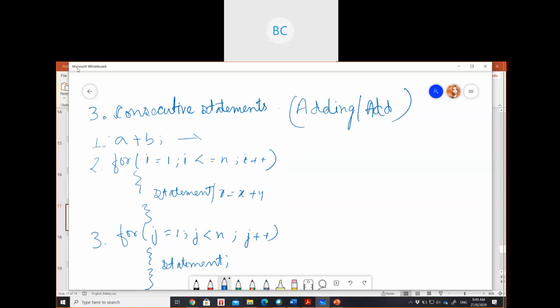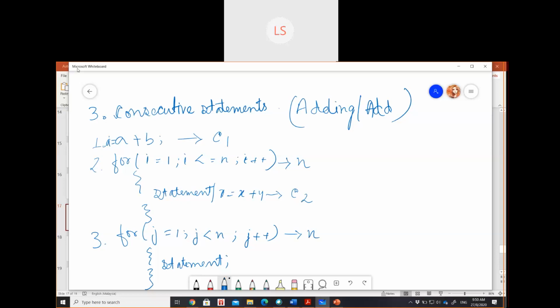So what will be the time complexity for this one? This one is a single statement, like a plus b, or you can use any statement. So it will take constant time, right? For example, C1. Yes, correct, constant time. So what will be the time for this for loop? This statement is going to take another constant time, and this one is again n times.